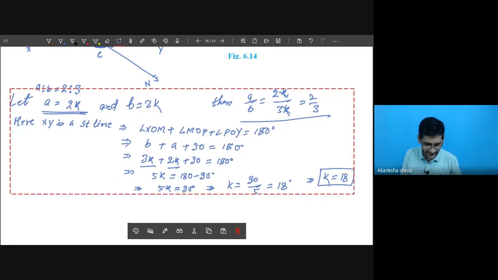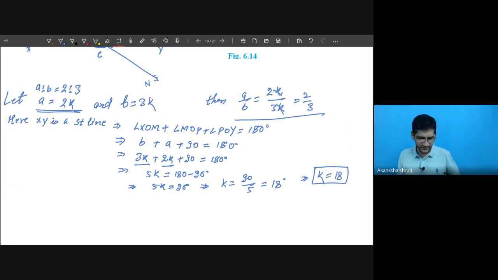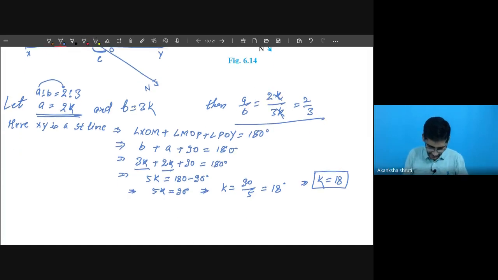So student, now watch what we did. The part explained in between I have removed. Student, so watch it carefully. Whatever the ratio of A to B is given, based on that we have considered A as 2K. Means whatever A is, and whatever B is, take K so that the ratio is maintained. So from this we have calculated the value of K. Therefore, what is the value of A, student? A is our 2K. So the value of K we have calculated. So it is 2 into 18. So it is 36 degrees.